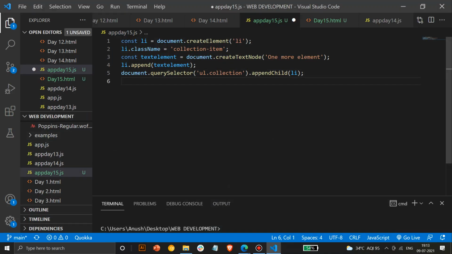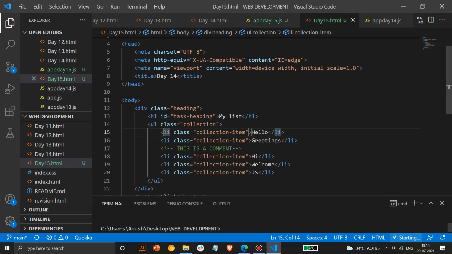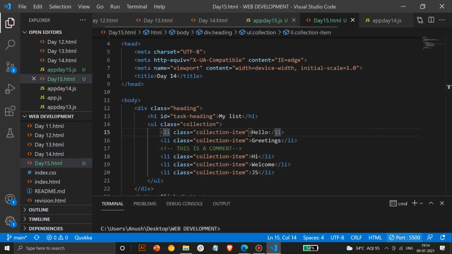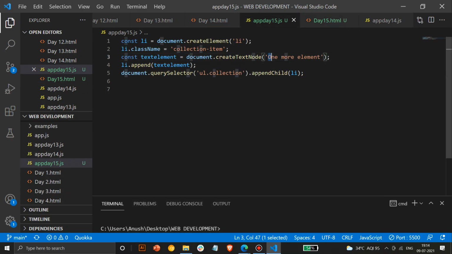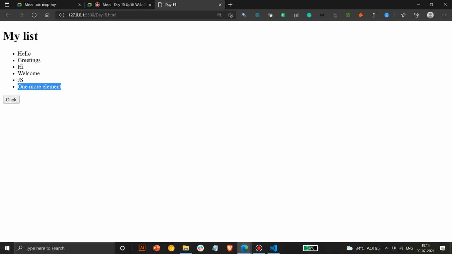Okay, so moving on. Yesterday we studied how to do this, and now what we'll do today is we'll learn how to delete a specific element. So as soon as I do this, I'll just show you the HTML page for it. So yes, you can see one more element has been created using this app.js, and you can see the text present here is one more element, and because of which one li element was created.